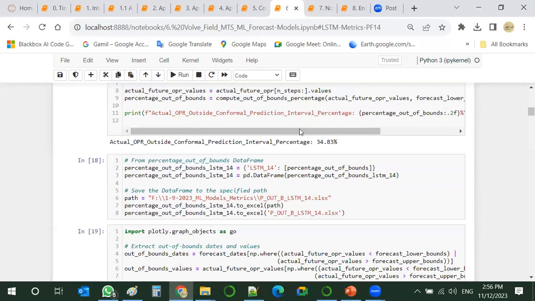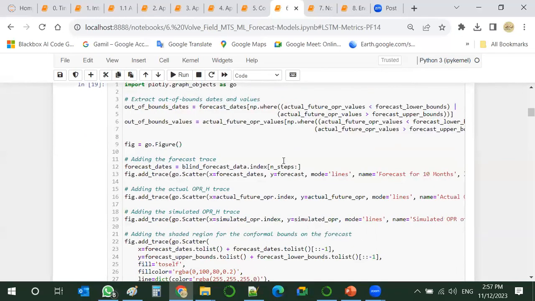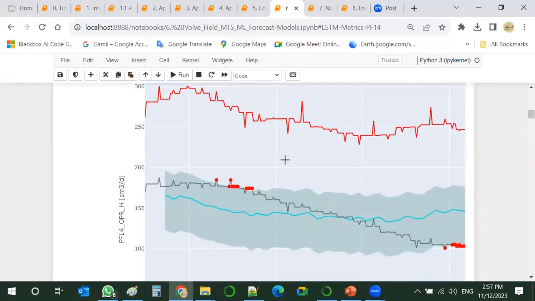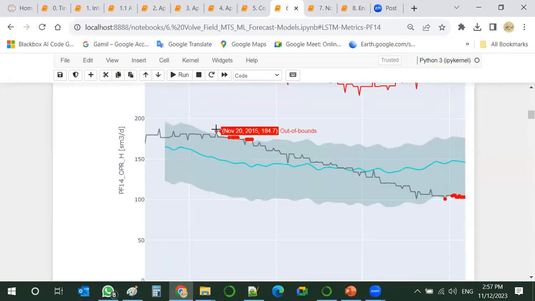If we put this into conformal prediction, we have a percentage of 35% out of bound. We can see this visually as these points that are lying out of the conformal prediction interval.